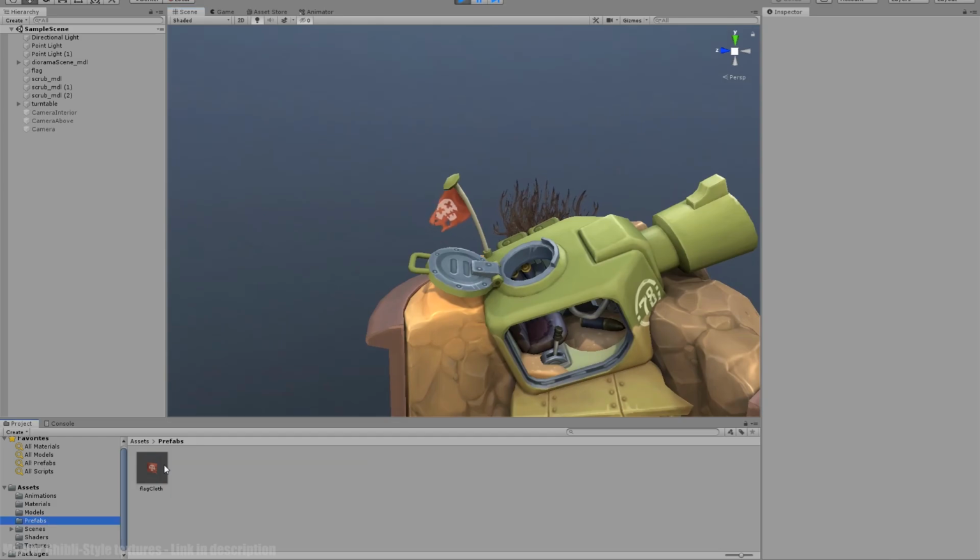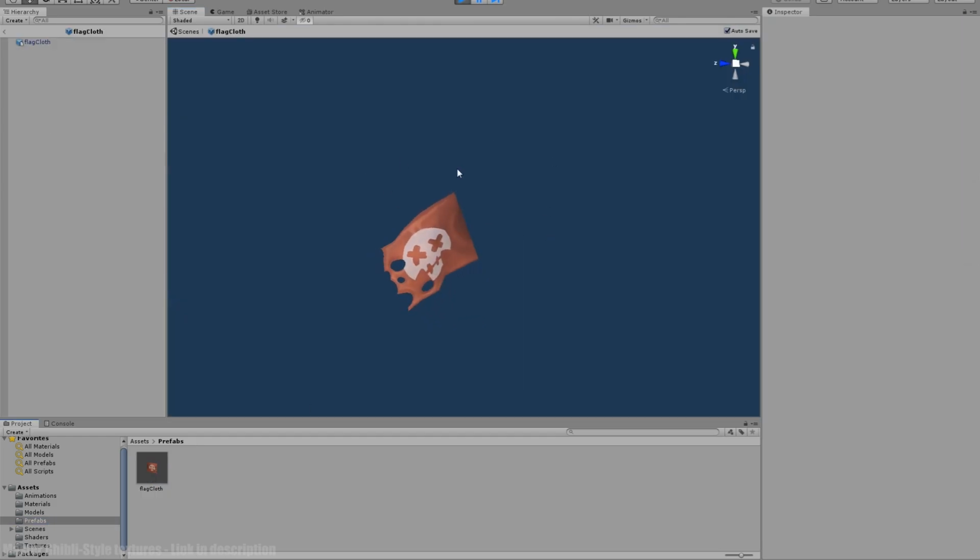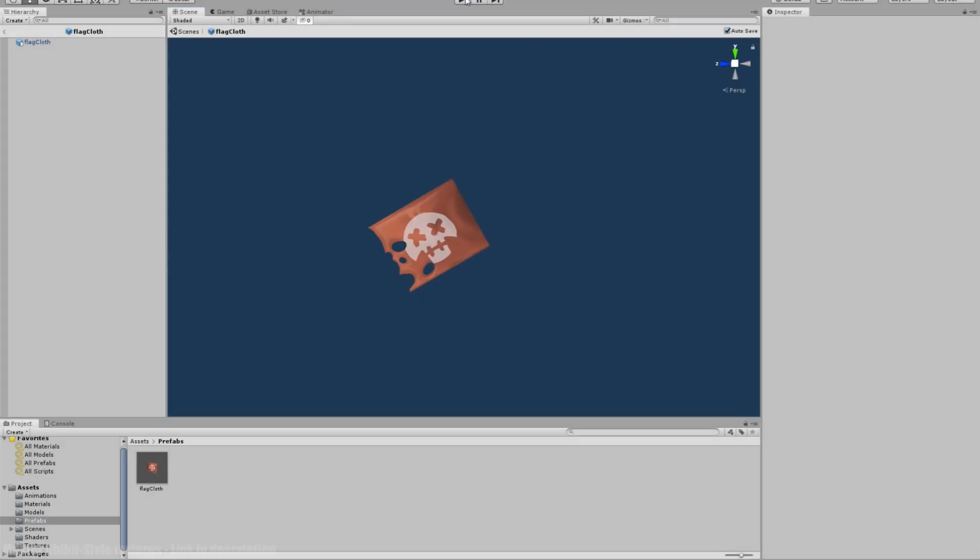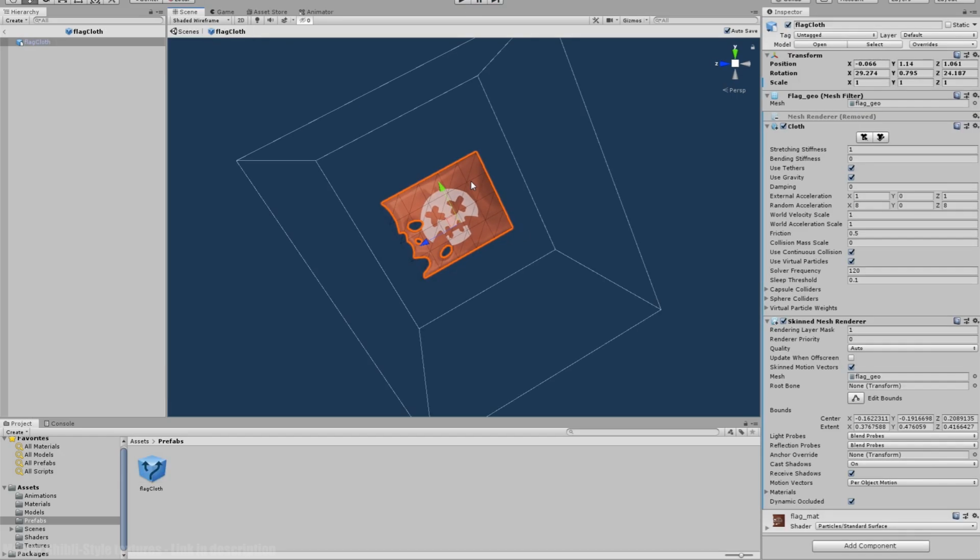So the flag is its own prefab. I'll just stop it from playing to show you what it looks like. It is simply a subdivided plane, and Unity has its own cloth physics, its own cloth component that you can add to something. So this wasn't something I knew how to do before I did this project, but it's very easy to do, and now I know how to do it. I won't explain the whole thing, there's plenty of tutorials out there. You basically just attach this component,